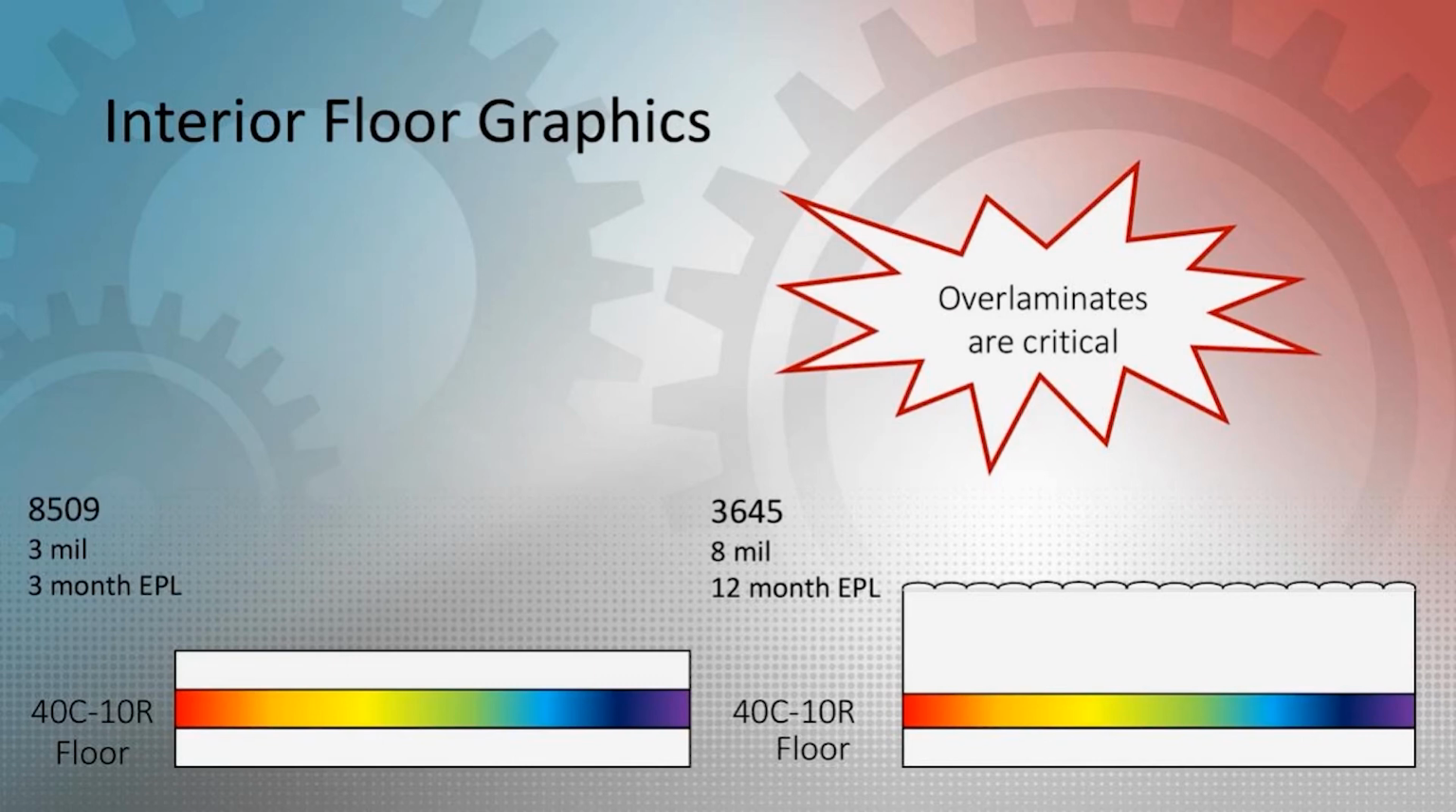40C-10R is a good basic film recommendation that we use for interior floor graphics. There are a couple of different overlaminates that we pair with that. 8509 is a 3mm floor graphic overlam, and 3645 is an 8mm. The 8509 has a luster appearance. The 3645 has more of a textured appearance. Both of these are UL rated for floors. So those are both great floor rated